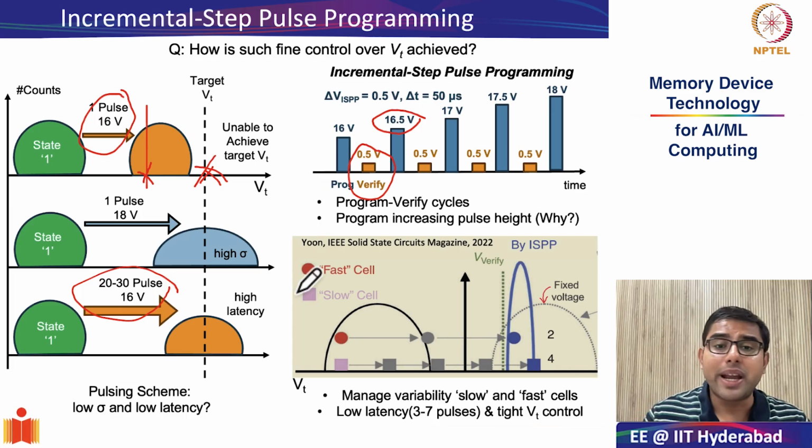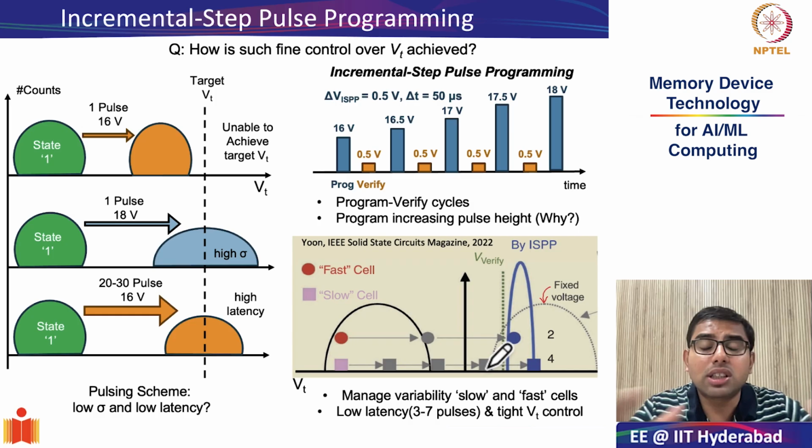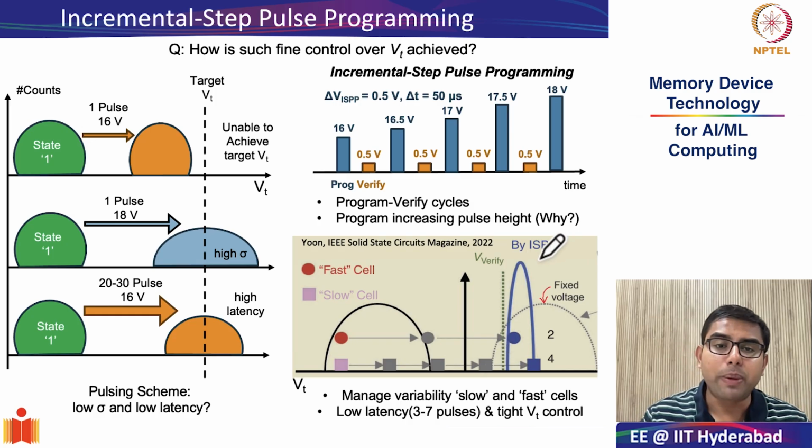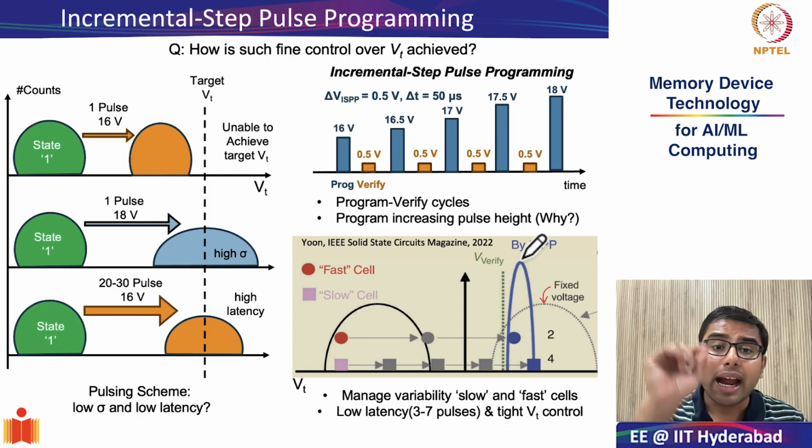It gives you a lot of benefits. The first benefit that you see is, compared to cells which have been programmed with just fixed voltage, ISPP gives you a very tight distribution, as you see from this blue curve. When you have only fixed biases, the sigma or the standard deviation of the distribution is very large. With ISPP, you reach the target voltage very, very quickly, and with very low standard deviation.